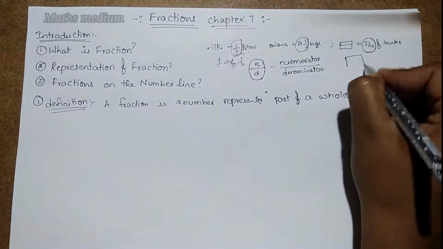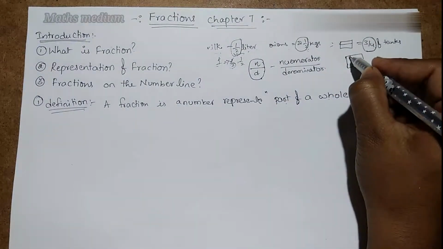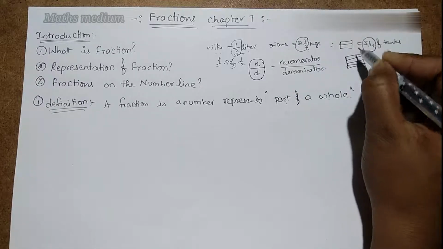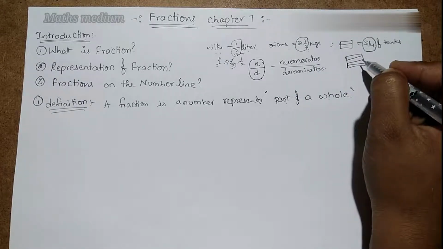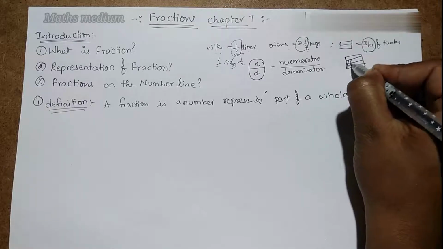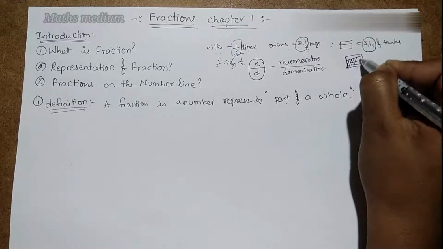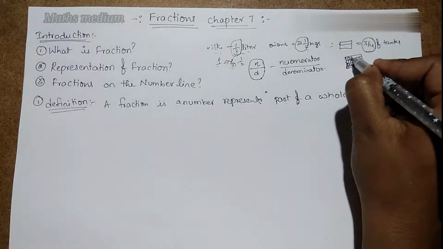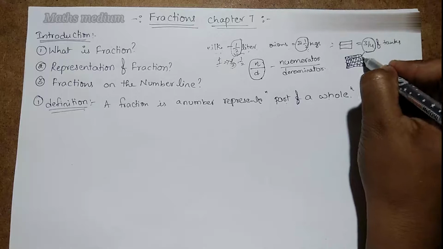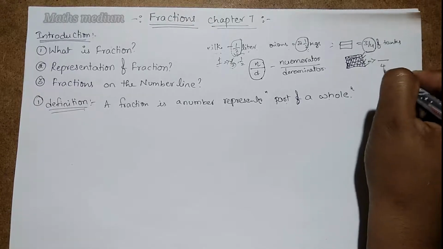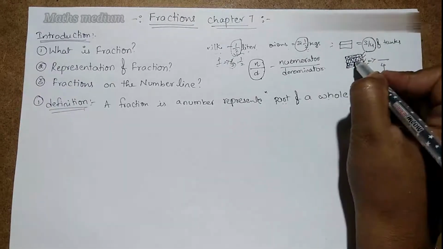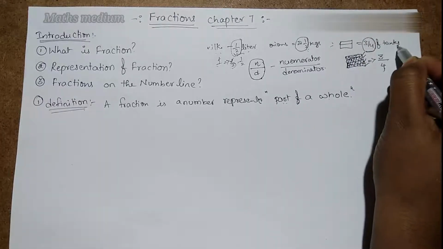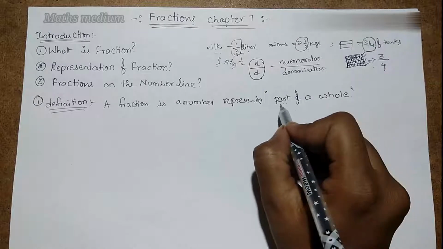If you take a water tank here, and measure this water tank as 4 times, like 1, 2, 3, 4, divide it into 4 parts, it is filled 3/4. That means 1, 2, 3. This is the filled part of the water tank with the water. These are the remaining part. We have 1, 2, 3, 4 parts, that is a whole. And what is the part filled? 1, 2, 3 parts. So that is a 3. That is 3/4 of a tank. This is the representation of a fraction.